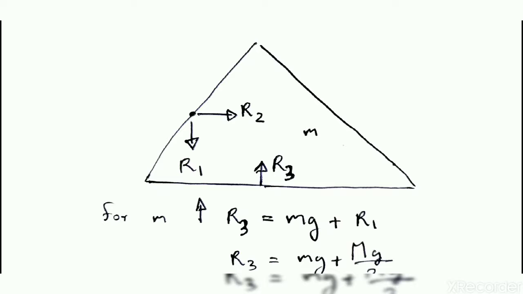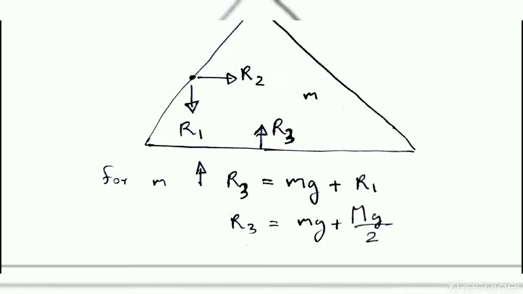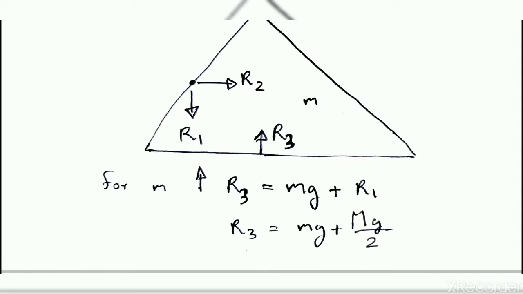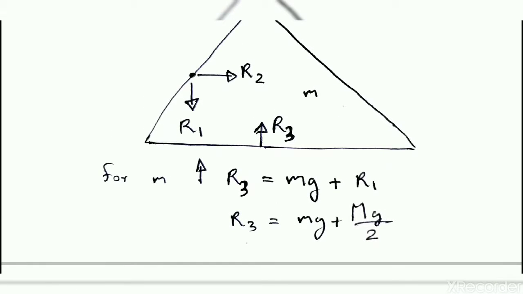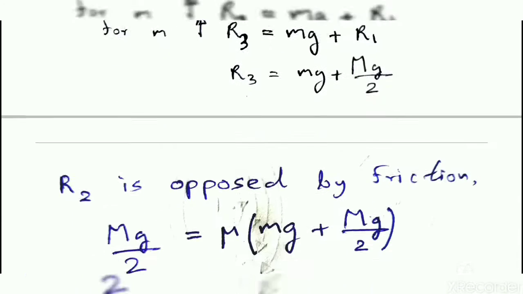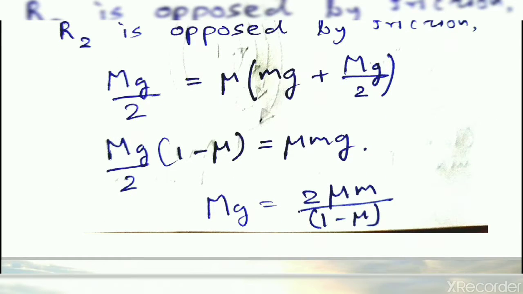So we know the external force that is trying to move the wedge, that is R2. And when we want to use friction, we have to find out the normal reaction. The normal reaction is R3, and R3 is equal to mg plus R1. mg is the weight of the wedge and R1 is the downward force due to the weight of the cube. So we found the normal reaction, and we found the force acting towards the wedge, so the friction should be against that. So friction can be equalized to mu, the coefficient of friction, multiplied by the normal reaction.